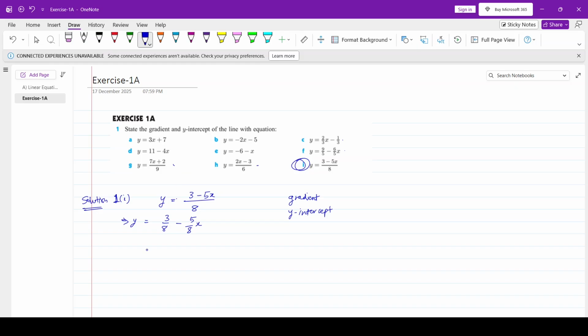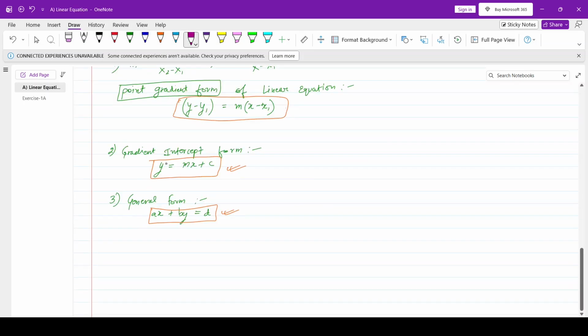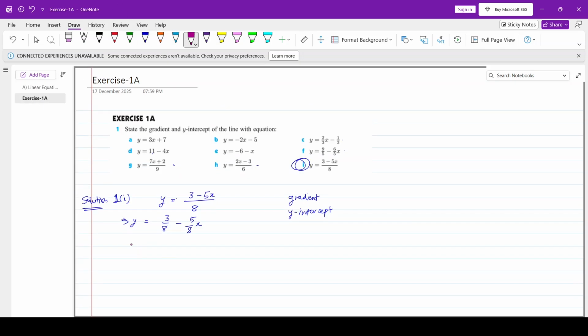So with these two equations, we are already covering 1, 2, 3, 4, and 5 questions out of these. And not just 5, all of them, because instead of 3 here, instead of 11 here, we have 3 by 8 and we have 5 by 8. So writing this equation in gradient intercept form,